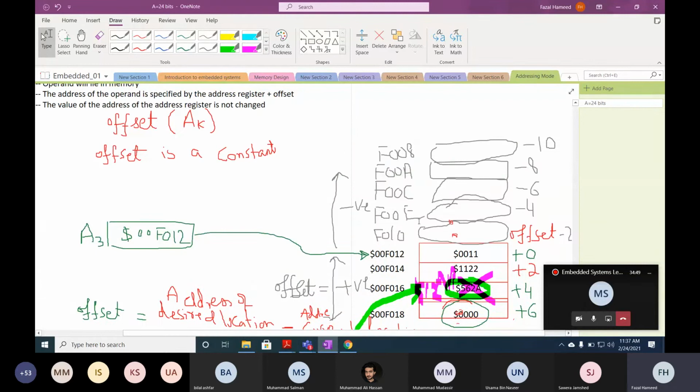Let's assume I'm using a minus offset, and the operand of interest is this one. Let's assume this value is $259C.